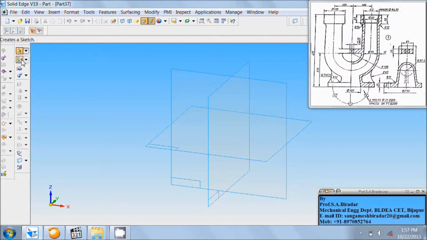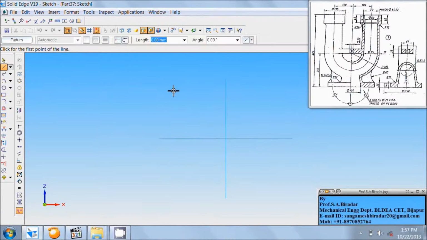First select sketch command. Select front reference plane. First we need to create this U shape. Total height of this body is 425. So this height it is of 425 minus this 200 minus this 55. So take line command, draw vertical line at origin, length equals to 425 minus this 200 minus this 55, that is equals to 170 as the length, angle as 90.